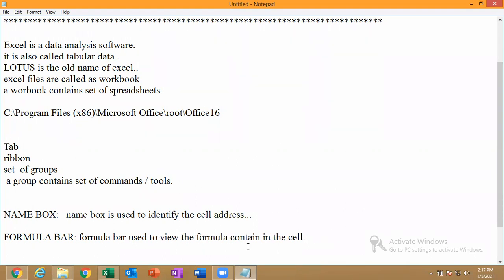If a formula is not there in the cell, it views the content in the cell.